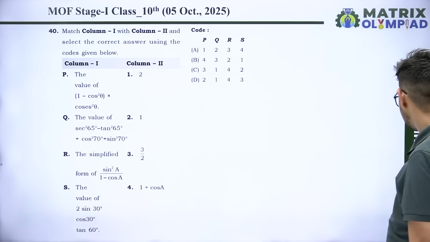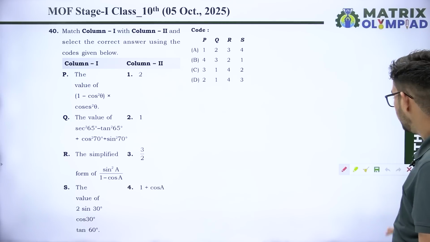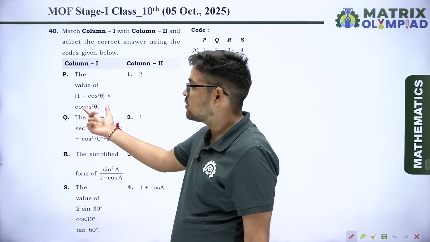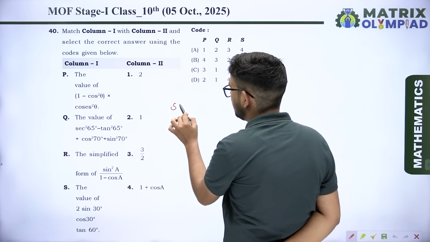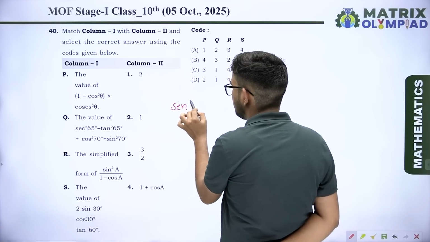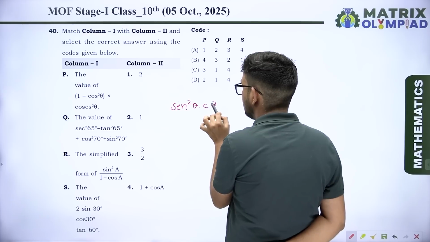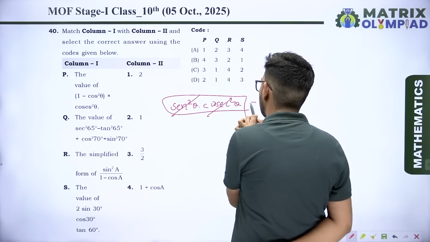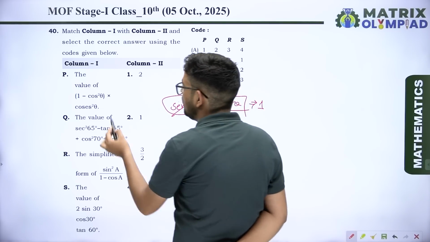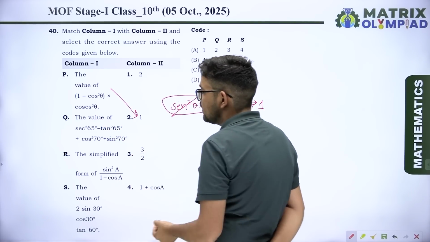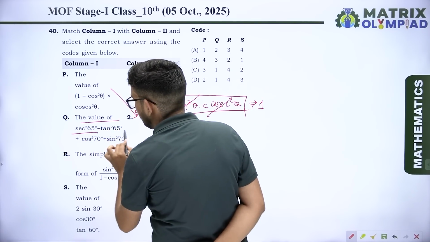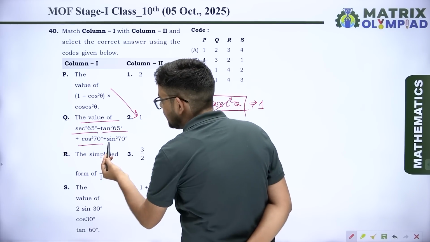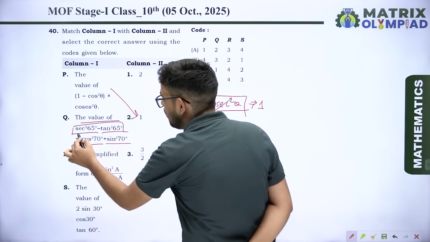नेक्स्ट क्वेश्चन आपके पास में है मैच द कॉलम का कि P: द वैल्यू ऑफ 1 माइनस कोस स्क्वायर थीटा इंटू कोसेक स्क्वायर थीटा। आपको पता है 1 माइनस कोस स्क्वायर थीटा क्या होता है, साइन स्क्वायर थीटा, और कोसेक स्क्वायर थीटा से आप मल्टीप्लाई करोगे, साइन स्क्वायर थीटा कोसेक स्क्वायर थीटा कट जाते हैं और 1 आता है। तो इसका हो गया 1। Q: द वैल्यू ऑफ सेक स्क्वायर थीटा माइनस tan स्क्वायर थीटा प्लस कोस स्क्वायर थीटा प्लस साइन स्क्वायर थीटा। तो ये भी 1 और ये भी 1,